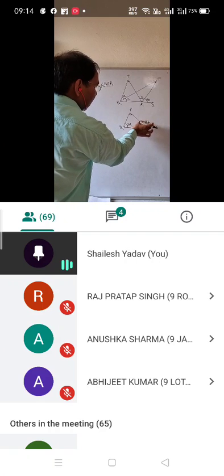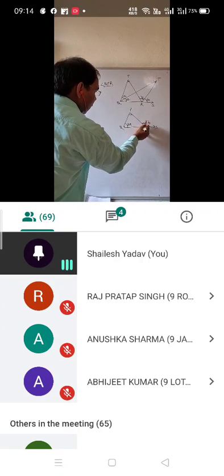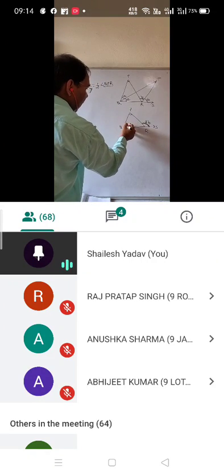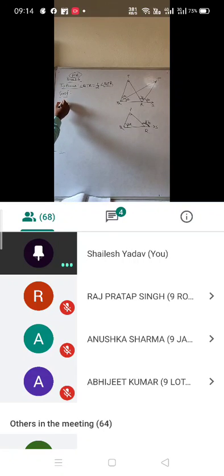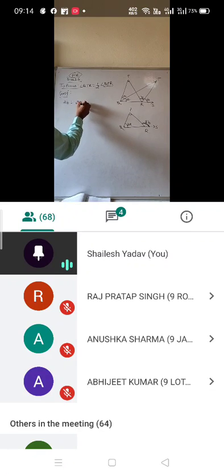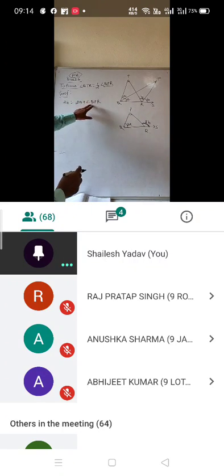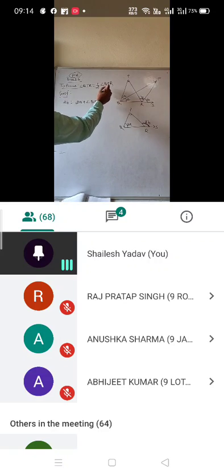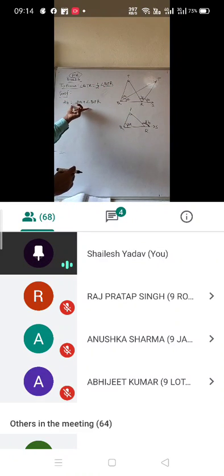So whatever that exterior angle will be there, that is equal to its opposite two interior angle sum. So here you can write exterior angle 2b equal to 2a plus angle QPR. Here I am going to get the term of the question, angle QPR. The reason is that we need to use angle QPR, so that's why I made an equation where I am going to get angle QPR.